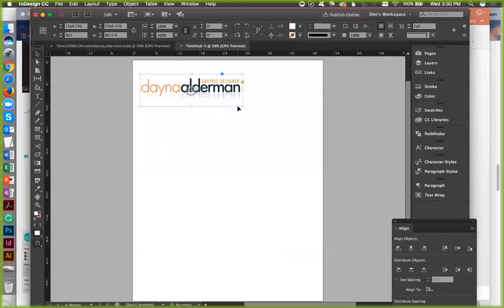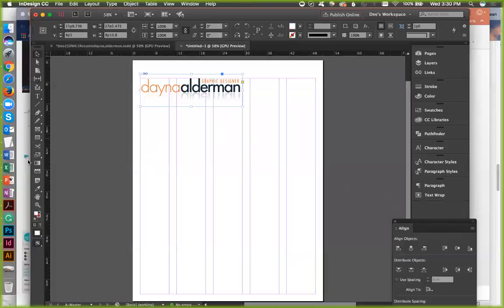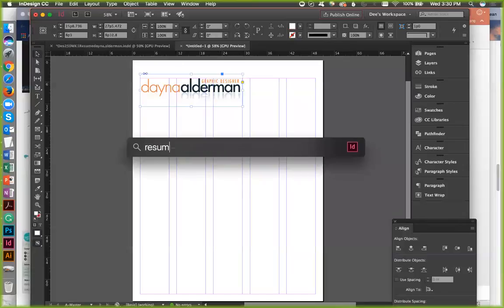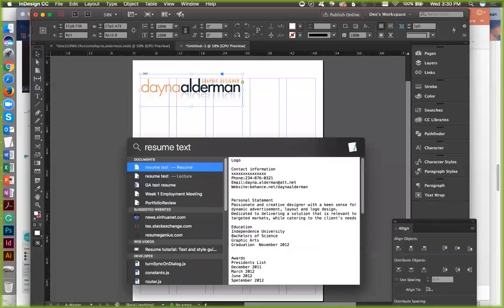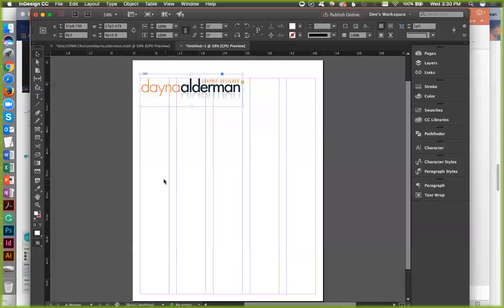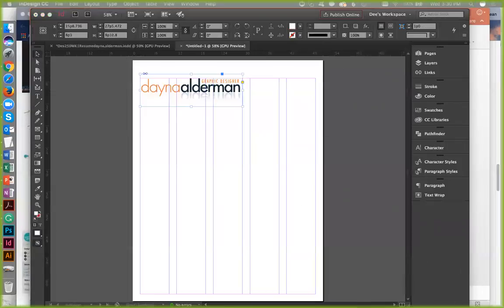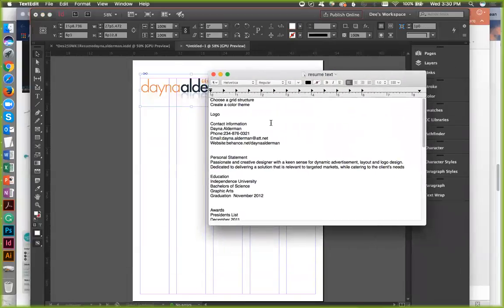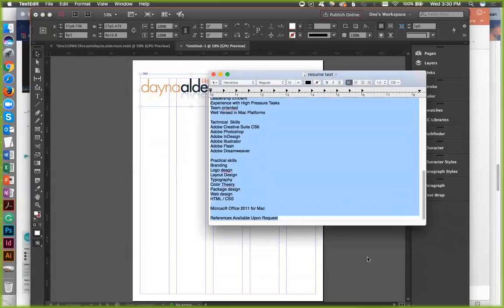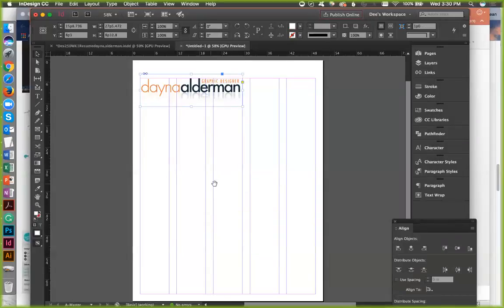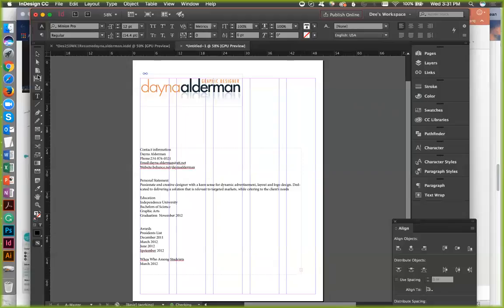All right, so W on the keyboard, and then I'm going to come over here, and I've got resume text, and I'm going to open it up. I prepared it ahead of time because it was something that I just had to do, right? I'm going to copy this, and I'm just going to close it because I don't need it. I would suggest you do the same thing. Now, let me explain what I just did. Give me 1 second. I'm just going to paste that in.